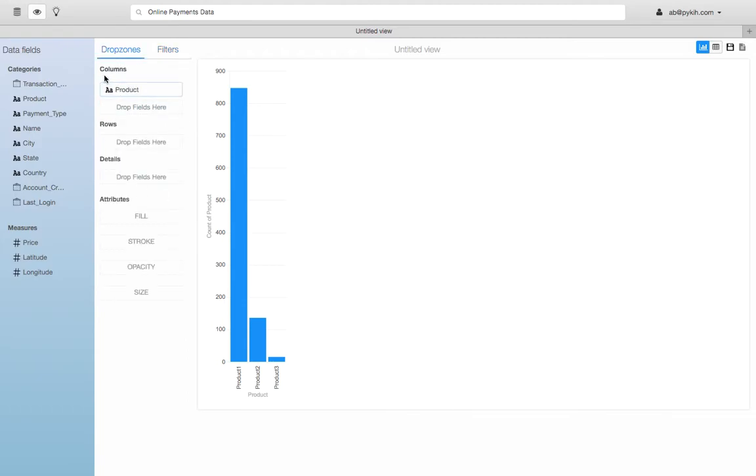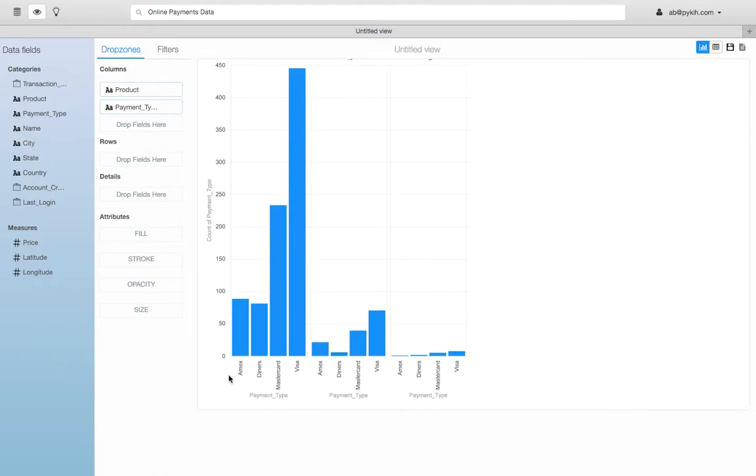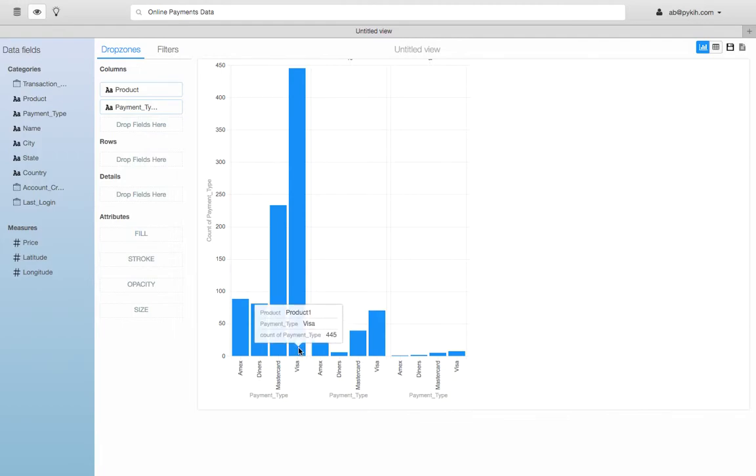Let's look at, so I've dropped in product, which sort of shows the count of product 1, 2 and 3 against each other. Now maybe I want to drill down a little bit deeper than this. So maybe I want to split the product by the type of payment. So one way is to drag this and put it below it, and so now I can see what the number of transactions for each of the products 1, 2, 3 against the type of payment, maybe Amex, Diners Club, MasterCard, or Visa,